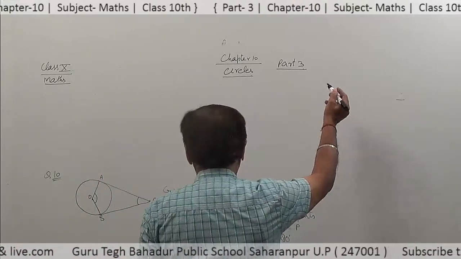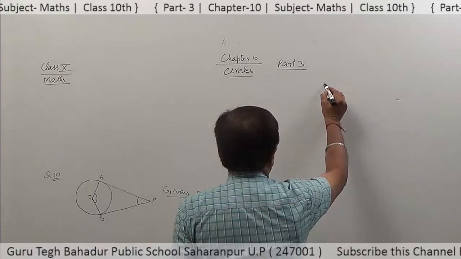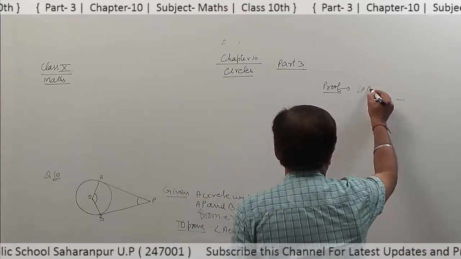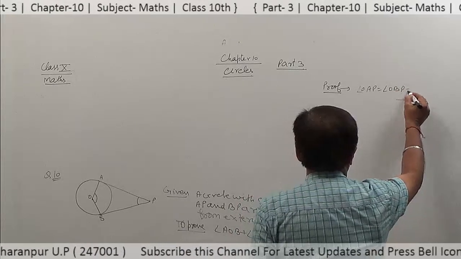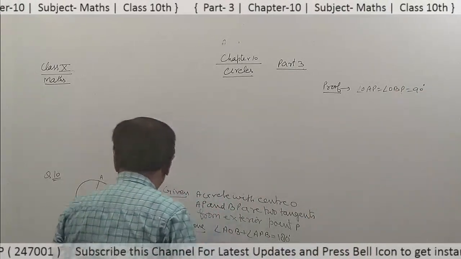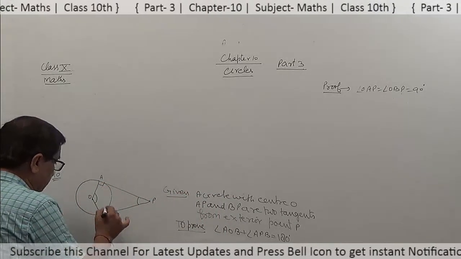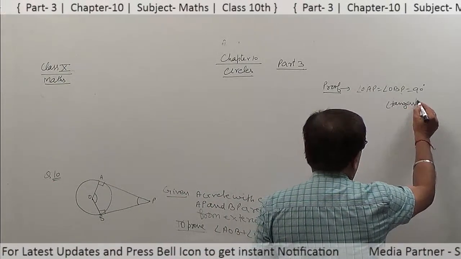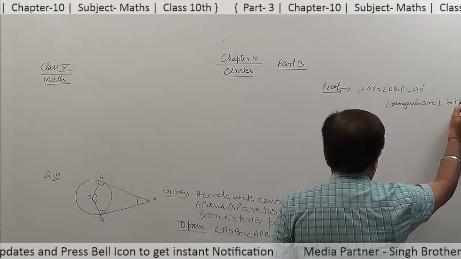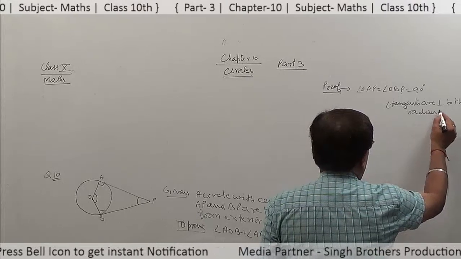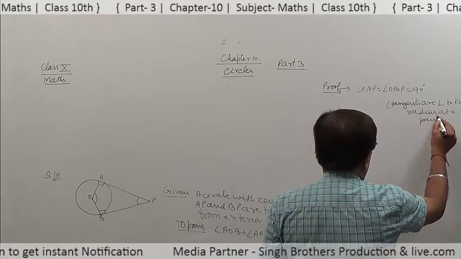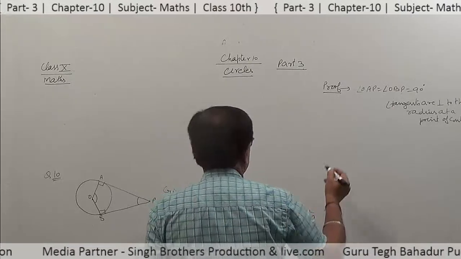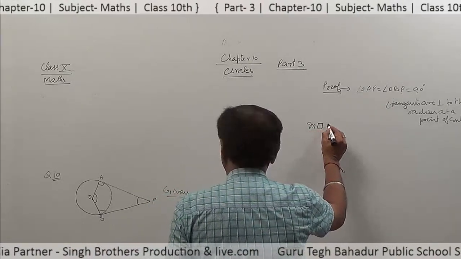Proof: angle OAP is equal to angle OBP is equal to 90 degree because these are tangents and tangents are perpendicular to the radius at the point of contact. So in quadrilateral OAPB,